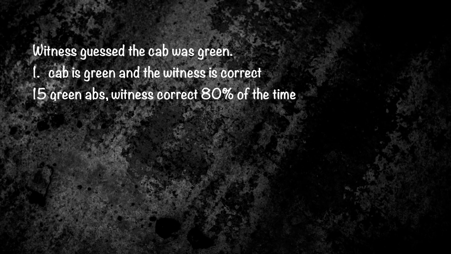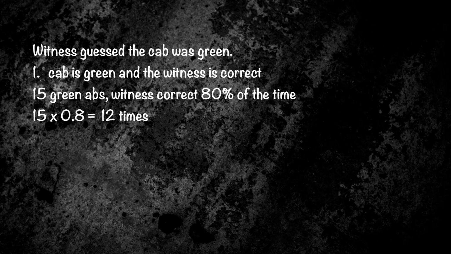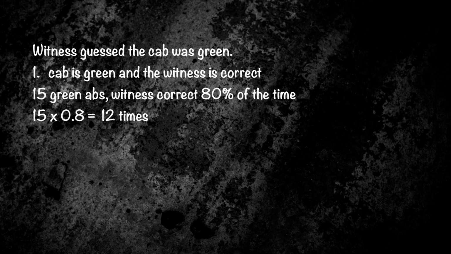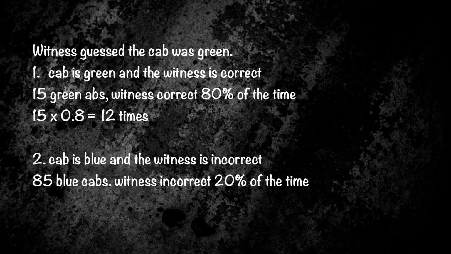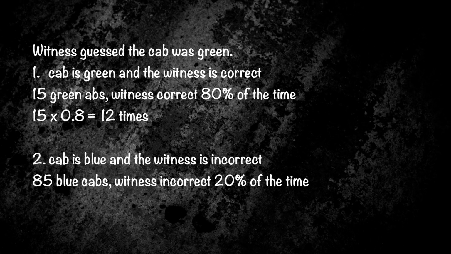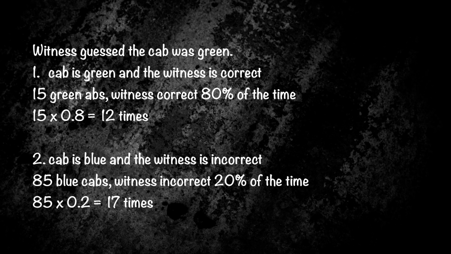So for the first scenario, we have 15 green cabs in the city and the witness is correct 80% of the time. So 15 multiplied by 0.8 would be 12. So 12 times, the witness would be correct because they chose green and the cab was actually green. In the rest of the scenario, for 20% of the time, the witness was wrong. So in that case, the cab was actually blue, but the witness considered it as green. For that scenario, it would be 85 blue cabs multiplied by the error rate 0.2,